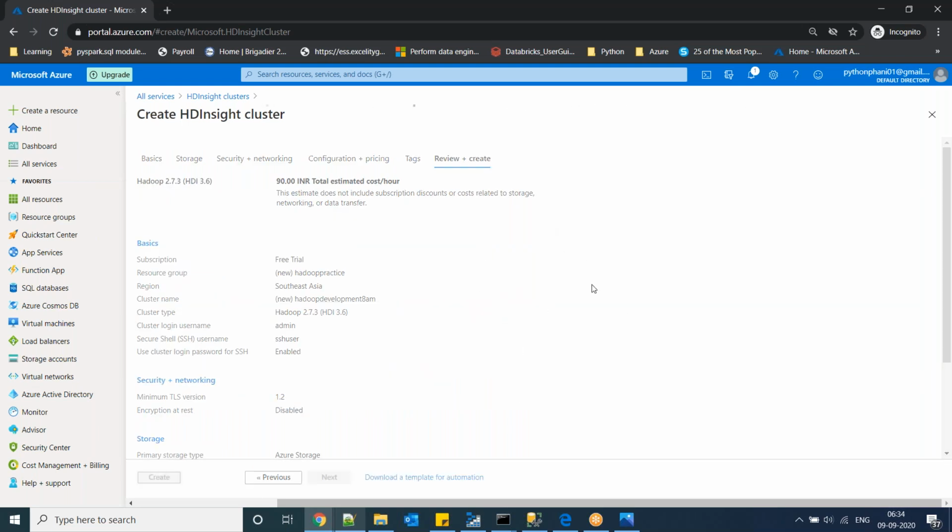Now the cluster will be created. Guys, it is going to take 10 to 15 minutes. Now you can click create. Here you can see it is submitting the deployment. Now a cluster will be created. Wait, we'll see.